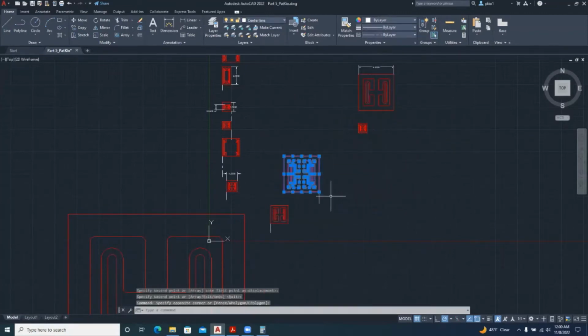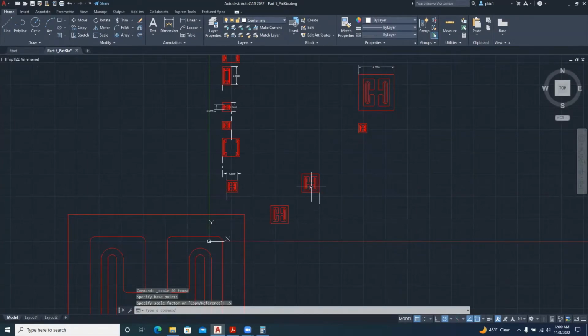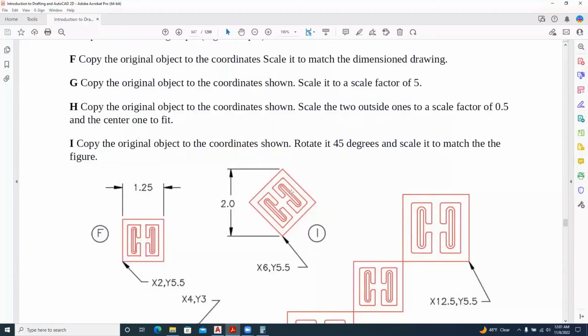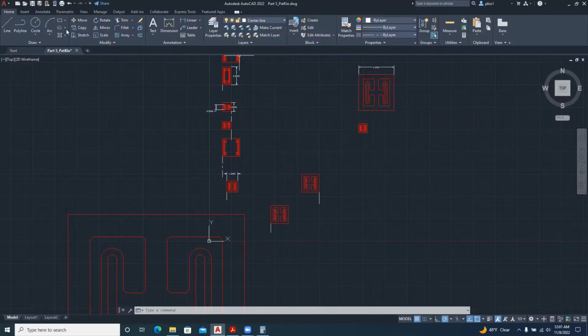Then scale the point here, 0.5. So scale the two edges to 0.5, and then it says to fit in the other one. So we need to find out how much it needs to fit in for H, and then the center one to fit. So go back to join, copy